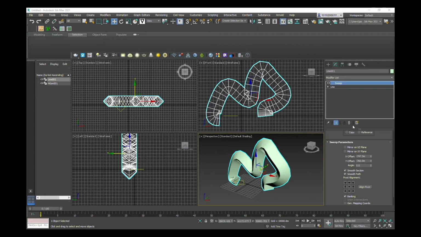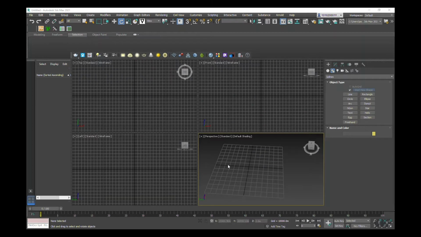Hello and welcome to a video where I'll be exploring how to create some very organic spline shapes within 3ds Max. To get started, we're going to go to the Create panel, ensure that Splines is selected. I'm going to choose Line,